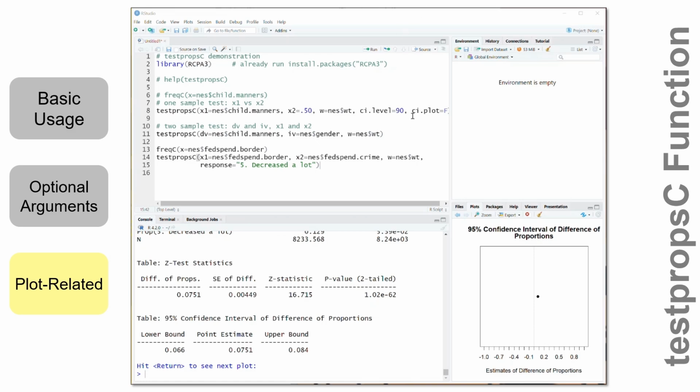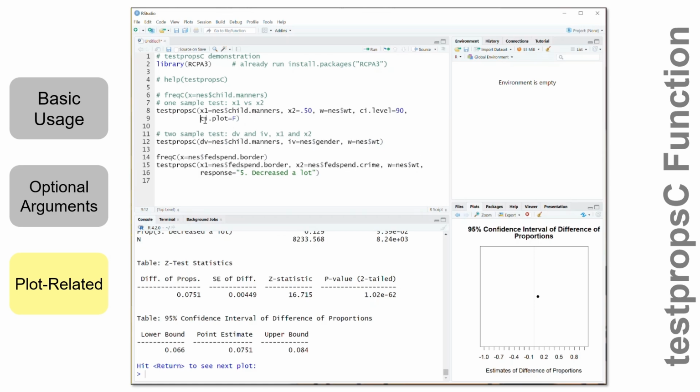So, plot-related arguments. I've already shown you one plot-related argument, the ci.plot argument, that is by default true, but it can be set equal to false if you want to suppress the confidence interval plot. To make a plot, you can either delete that or you can explicitly set it to true if you like. Now, when I ran that,